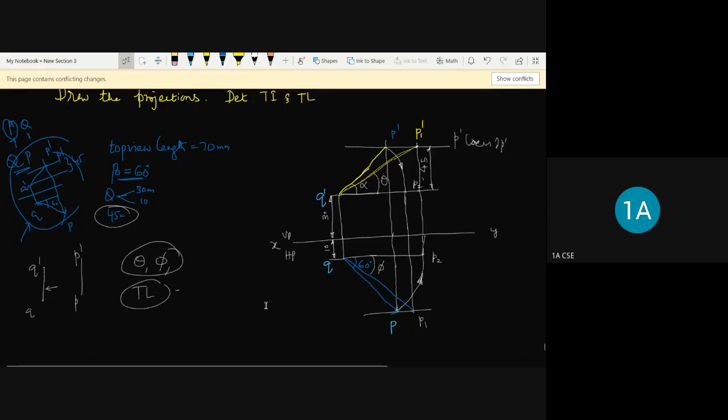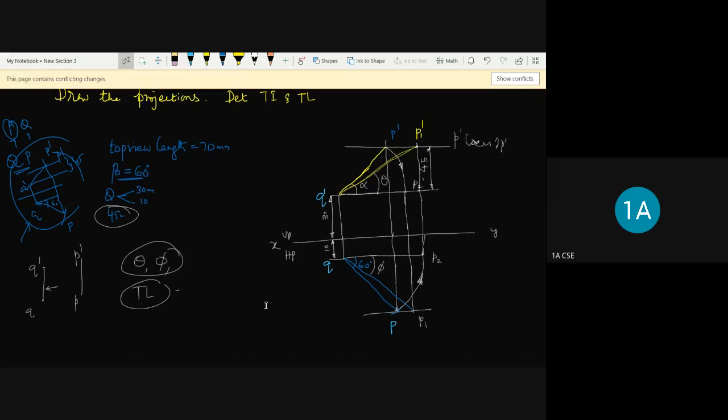Anybody got the inclinations? If you want practice, it is not so easy. Now only I am telling you, it is not so easy a subject without practice. So keep on practicing these constructions, then only you will remember. Otherwise, you will forget easily. Sir, phi is 55, sir. 55 degrees? Phi is 40, 44, I think. 44. Okay.